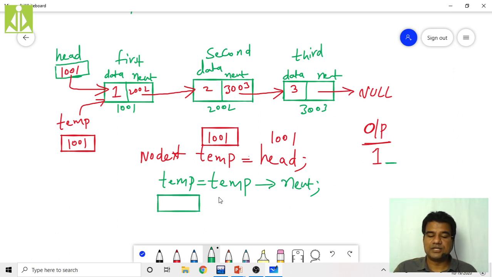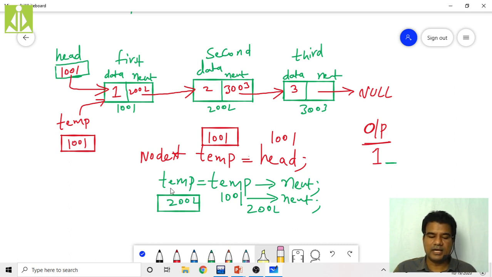Temp on the right side of the assignment operator is an address, 1001 of next. 1001 is here, and next is this one, 2002. So this entire thing represents 2002, and this 2002 I am storing into temp.